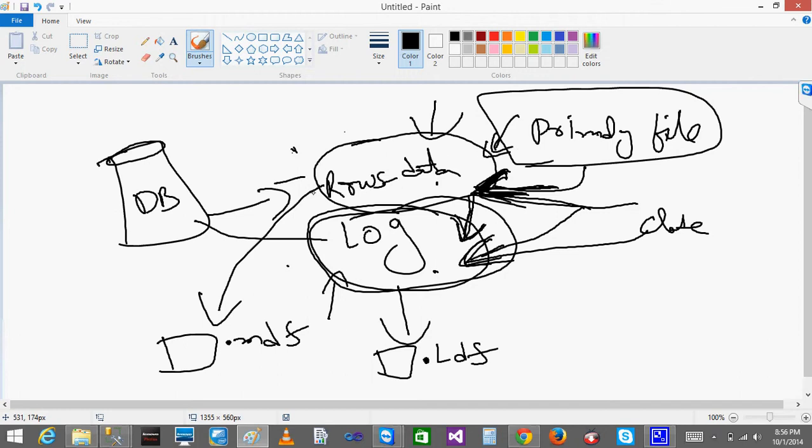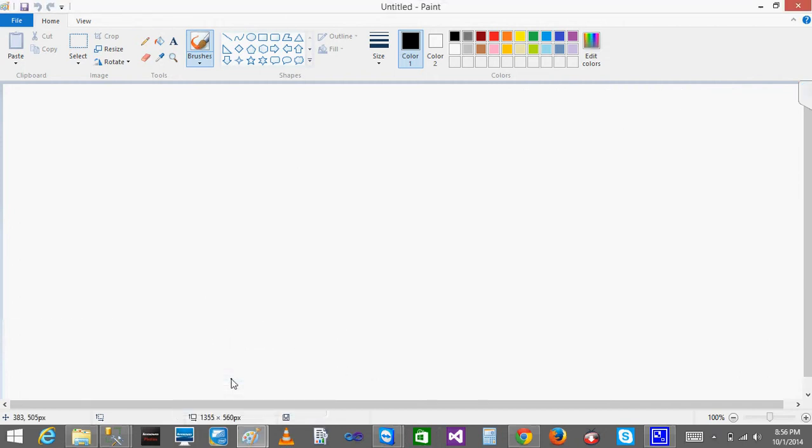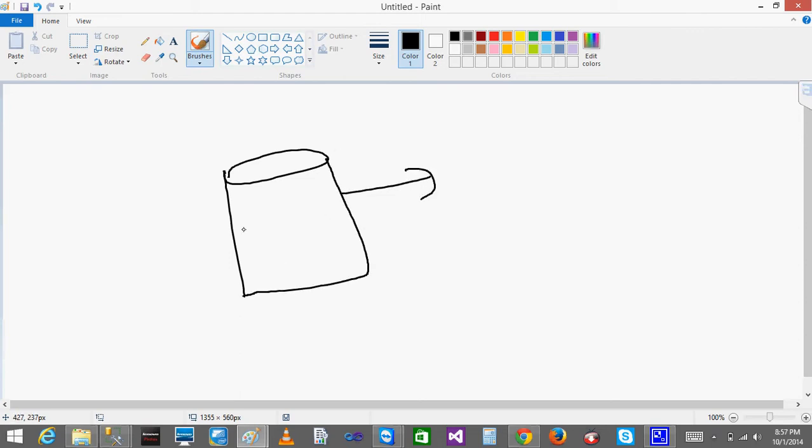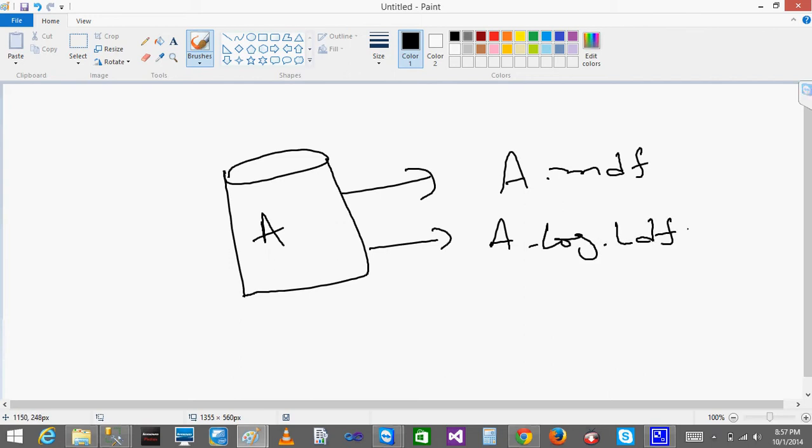So this is my database, and this database has two files. Let's say the database name is A, so I'll have a.mdf, and by default the system will create one more called a_log.ldf. These are the files.